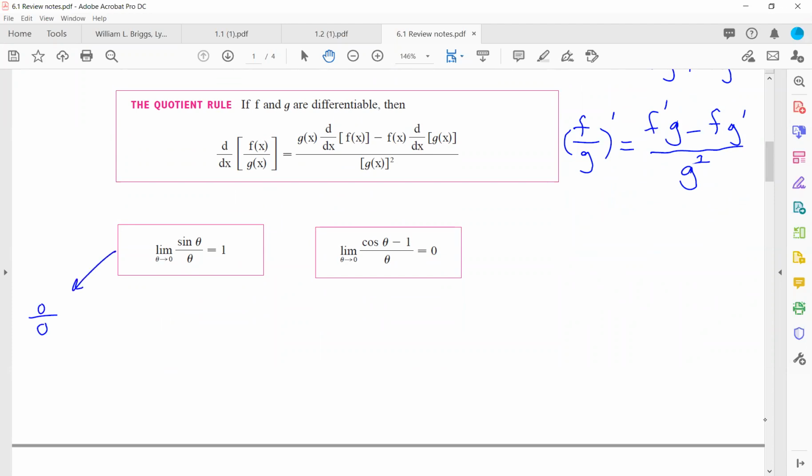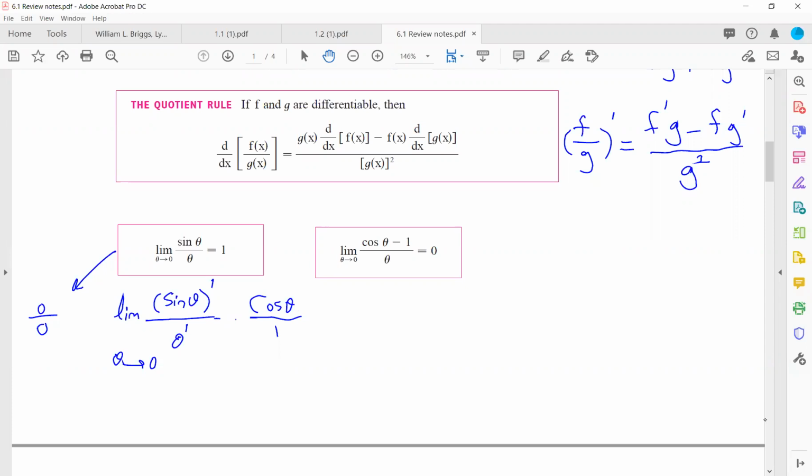So we can use L'Hopital's rule, which says this limit is equivalent to the limit of the derivative of sine over the derivative of theta as a variable while theta is getting closer and closer to 0. You know that the derivative of sine is cosine theta, and the derivative of theta as a variable is just 1. And note that you're taking the limit